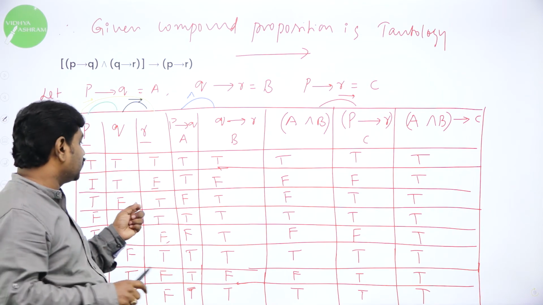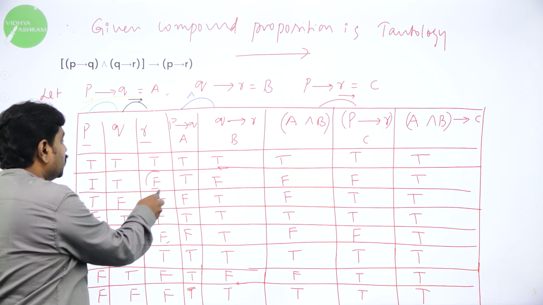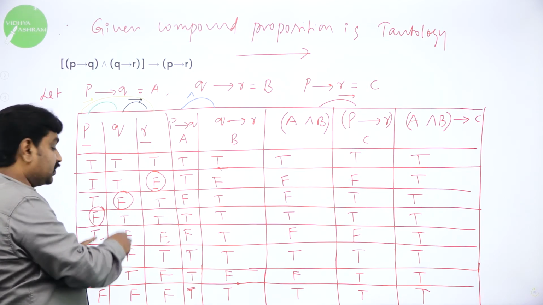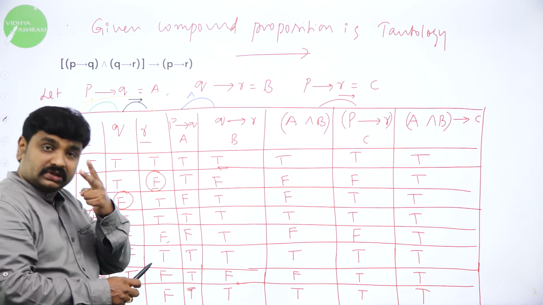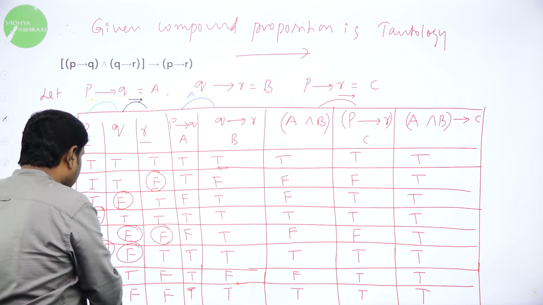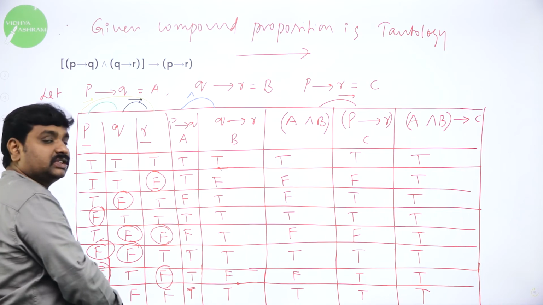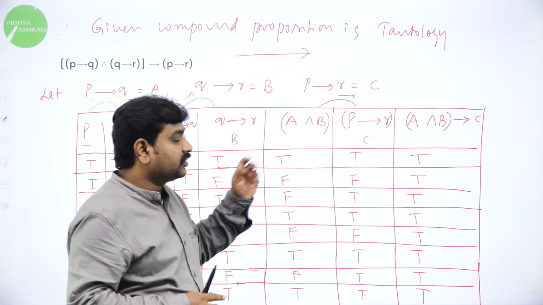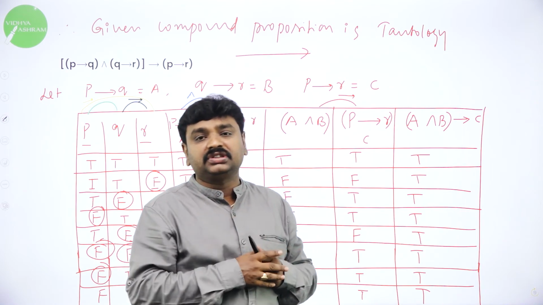Take any one false and permute it. So first I took the last one false, then the second one false, then the third one. Any one out of 3 is false. Then I took two statements as false: last 2 false, then first 2 false, then first and last false, then all 3 false. Then we constructed the truth table and we got this. So this is the problem where we used 3 propositions.